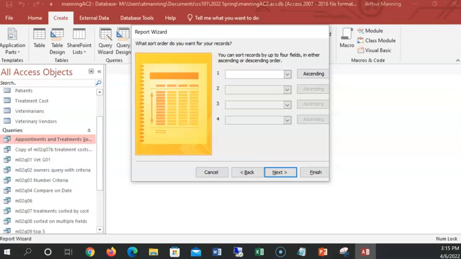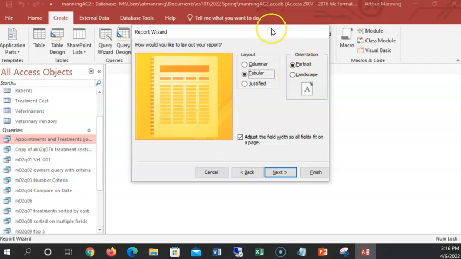Now I get a chance, if I want to choose any sorting. Well, remember, my query already has sorting in it, so I don't need to sort it on a different field. But I could change the sorting if I wanted to. Next. And now I can choose what kind of report, and the default is tabular. So I click Next,